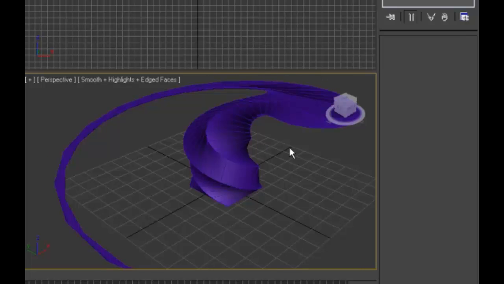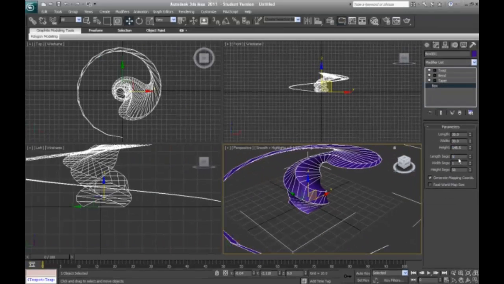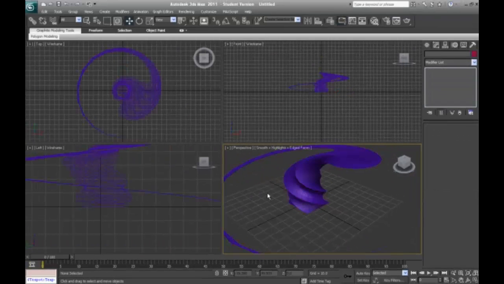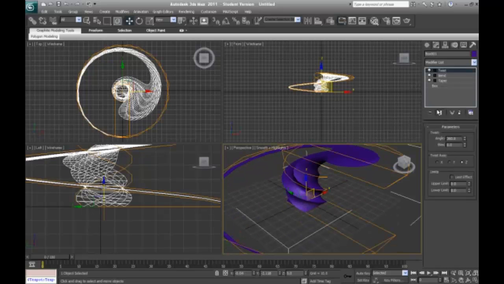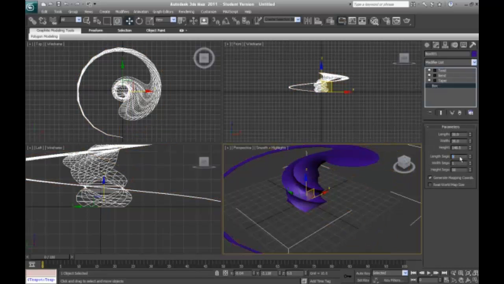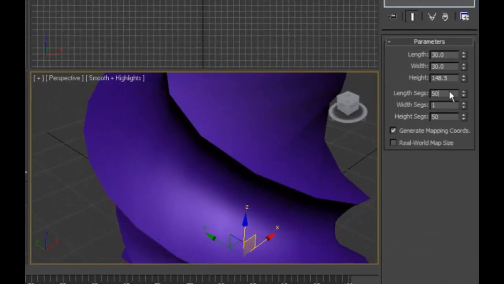Now you could even increase the line segments of this object from 1 to 5, and that would make the object a lot smoother. Now notice that if you increase the length segments from 5 to 50, your object becomes smooth, but the change in smoothness from 5 to 50 isn't really that obvious. And of course, an object with 5 length segments is a lot less difficult to render,